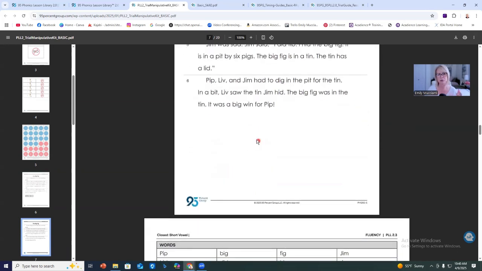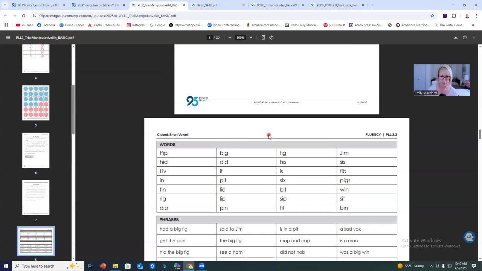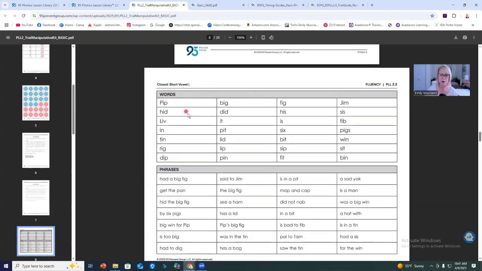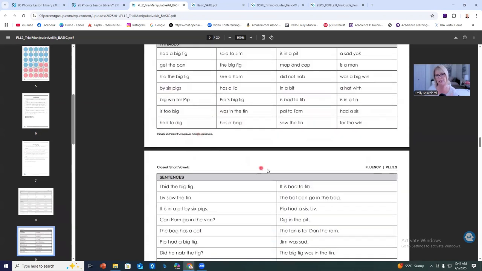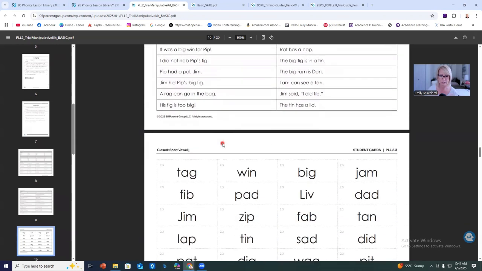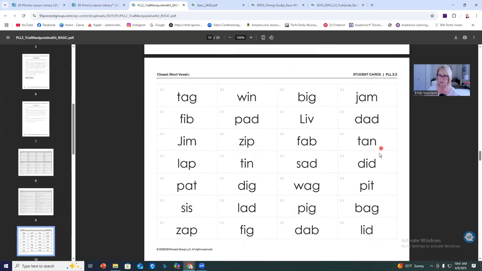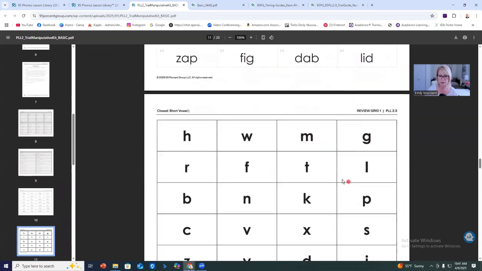One of those days you read just the highlighted words, then you go in and add the rest of the text. Okay. So we've got wordless, which is, this is all very much an Orton Gillingham component where we're reading lists of words, phrases as we build into the full decodable text. We've got our sentences. These are the student cards for the sorting that you can print and cut apart and